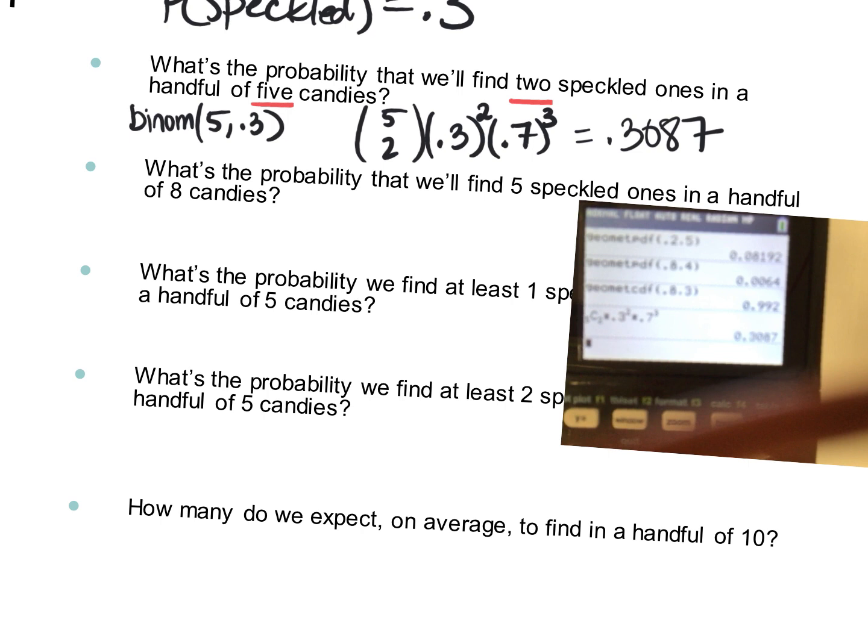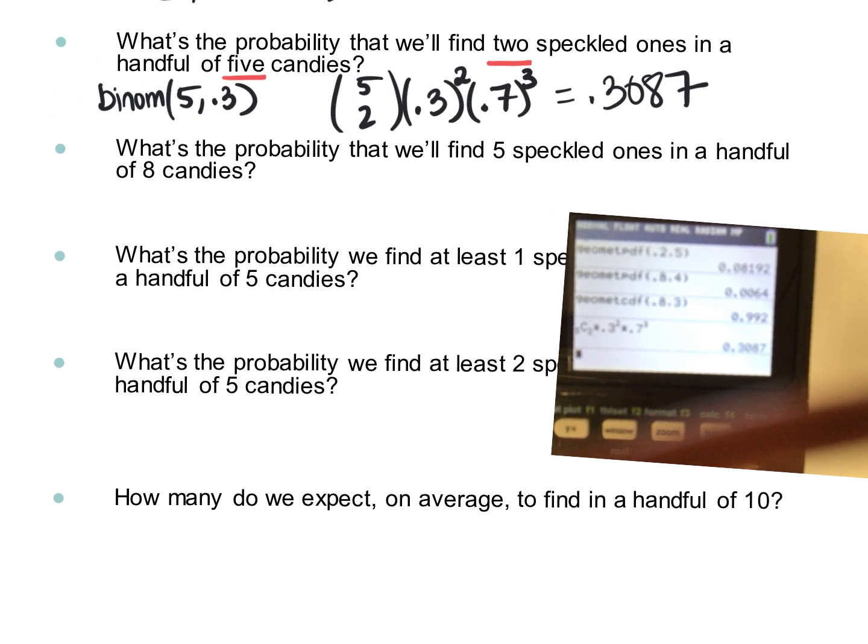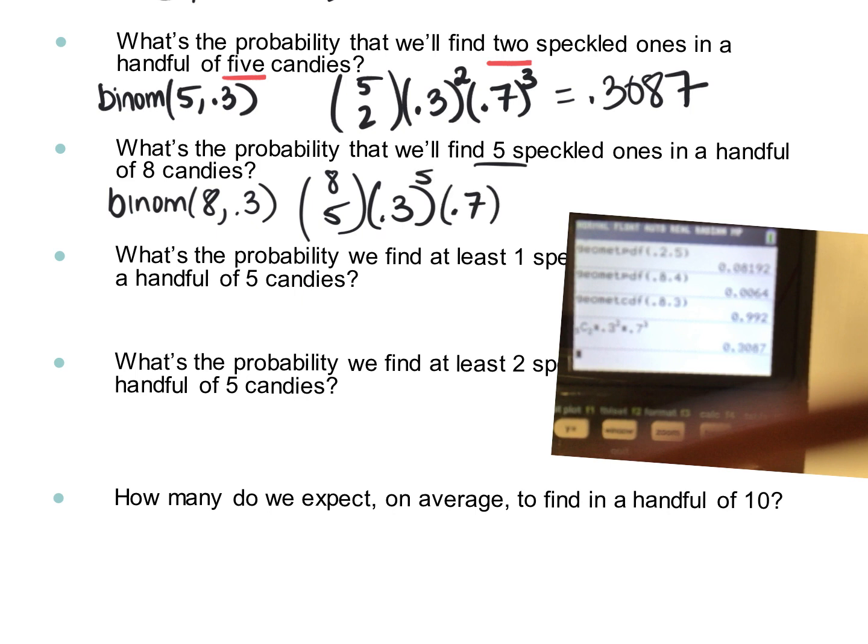Okay, can you try the second one? What's the probability that we'll find 5 speckled ones in a handful of 8 candies? So for the second one, we have binomial with 8 trials and 0.3. So 8 choose 5. That's how we say that, 8 choose 5. 0.3, how many successes? 5. 0.7, how many failures? 3. And then in the calculator,